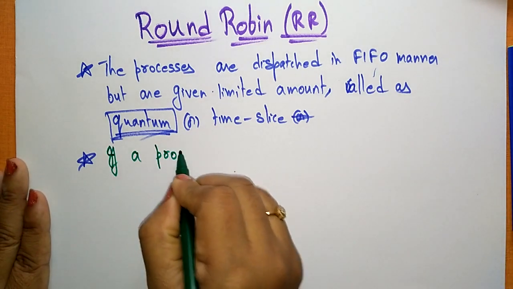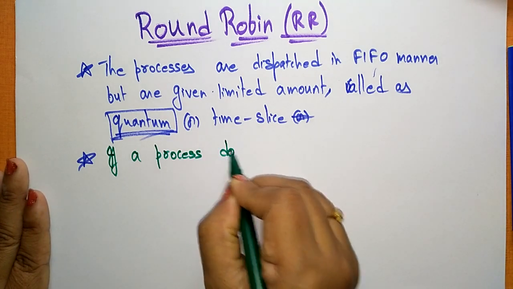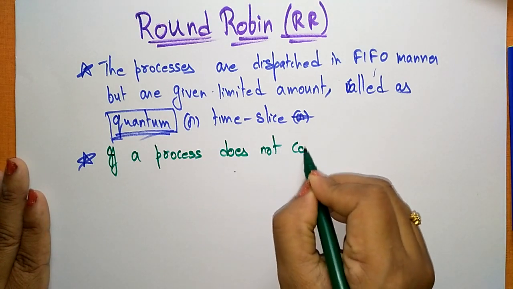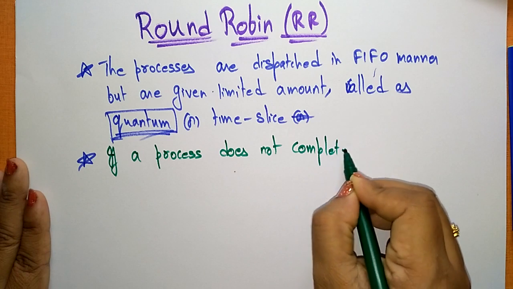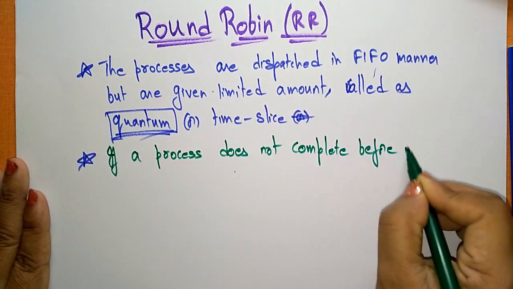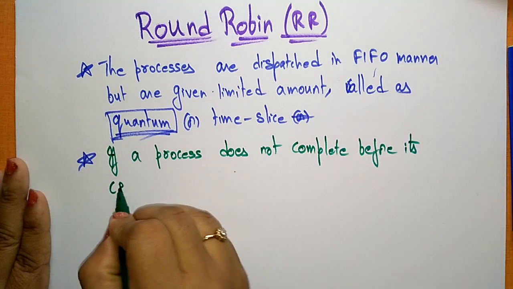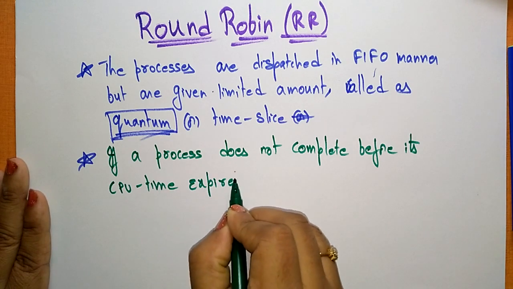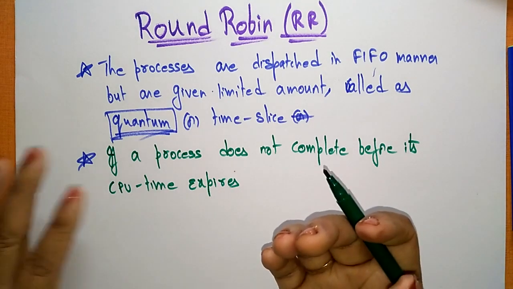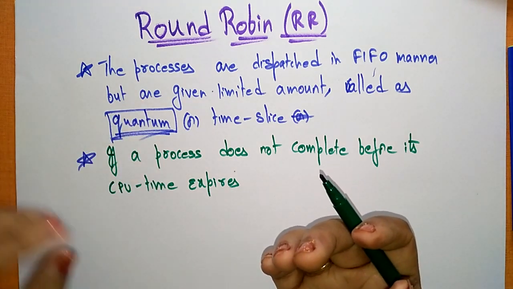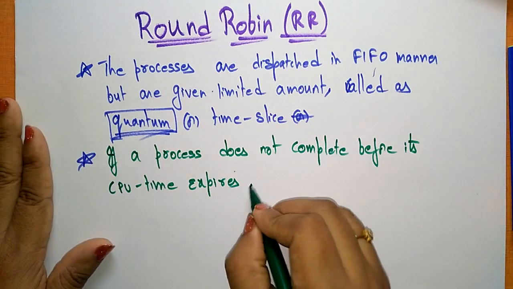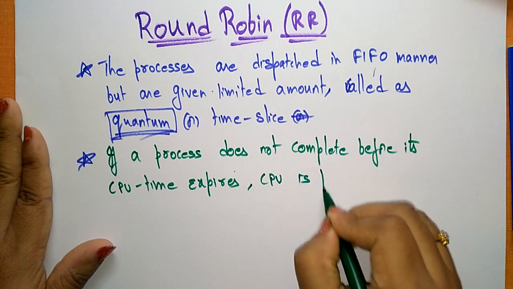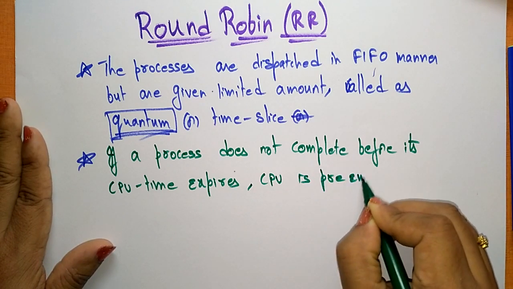If the process does not complete before its quantum time expires, even though the quantum time is expired and the process does not complete its work,